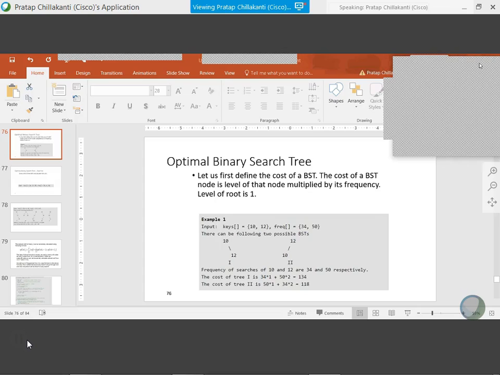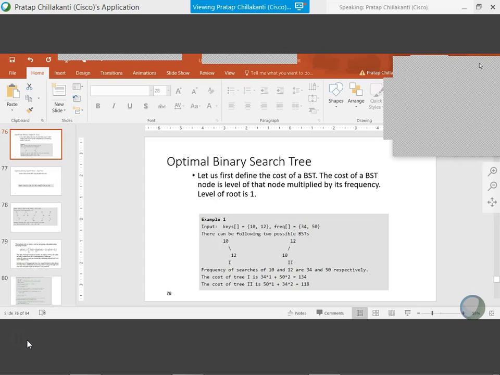Okay. So if you see 10 and 12, the cost of tree 1 is 34 times 1 plus 50 times 2, which is 134. The cost of tree 2 is 50 times 1 plus 34 times 2, which is 118. Our goal is to always minimize the tree cost when you're traversing the nodes, right?